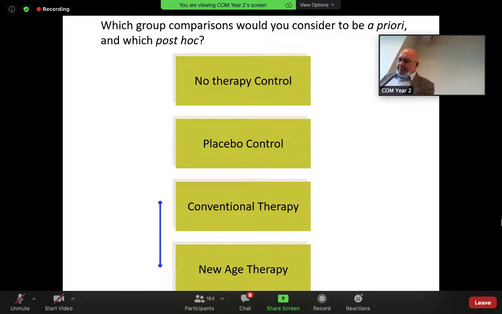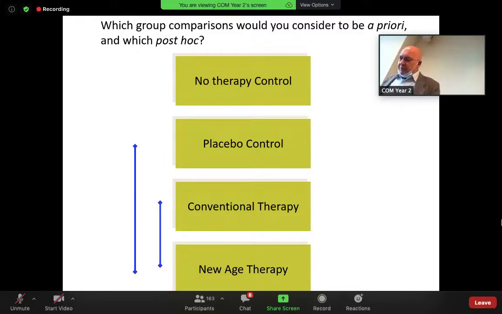Okay, so I think an important comparison, a priori, before I've got any data at all, would be to know whether our new therapy, the new age therapy, is different from conventional therapy. Is it maybe the same as? We saw it was below, but actually this is a priori, so we haven't looked at any data. A priori, I would be interested in this comparison. Is it the same or better than conventional therapy? If it's worse than conventional therapy, then it wouldn't be worth adopting this treatment.